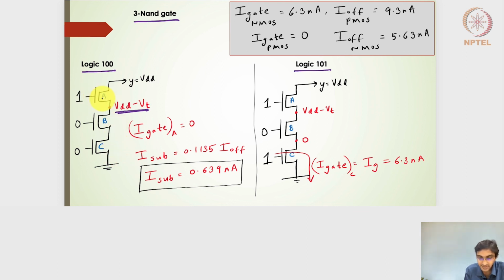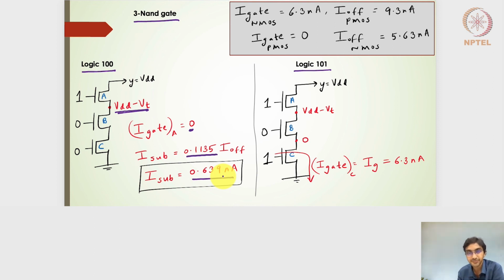This on transistor will have a gate leakage current, but because this VGS value turns out to be close to VT, I will have the gate leakage current negligible or very low value, and then I can equate it to 0. The subthreshold leakage current, we know that for a VDD minus VT and then the ground, if there are 2 stacked transistors, it turns out to be 0.1135 of the I off current. I off current is nothing but for an NMOS 5.63, so it will be 0.639